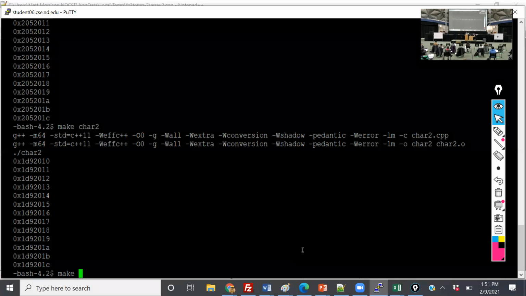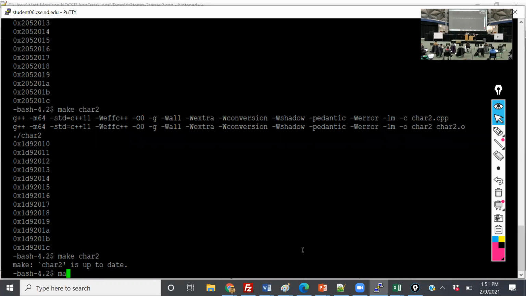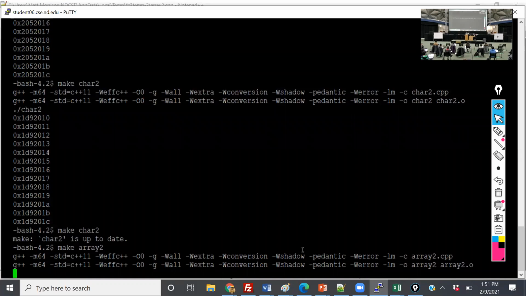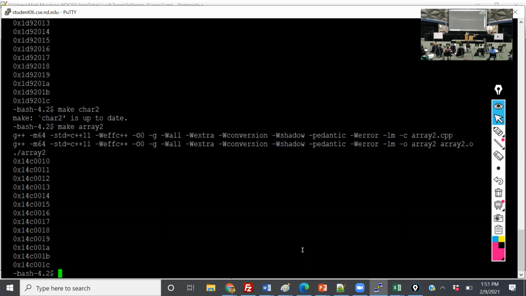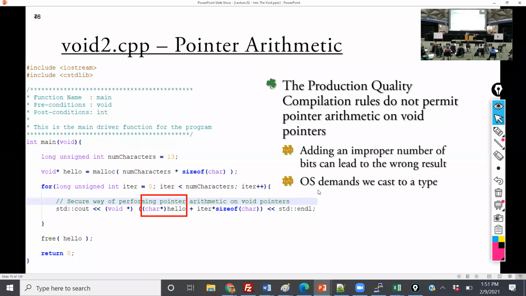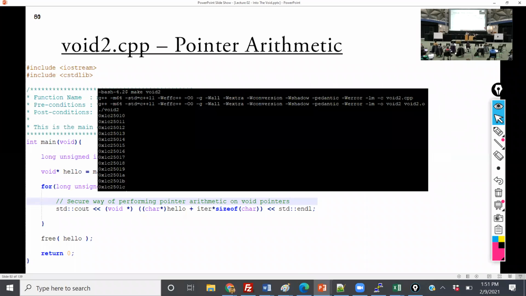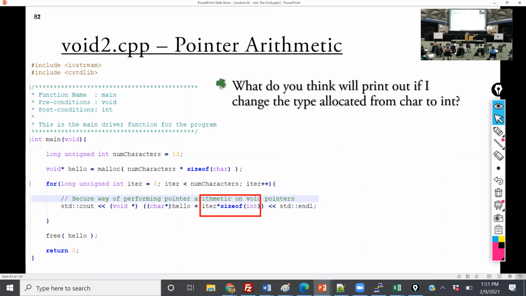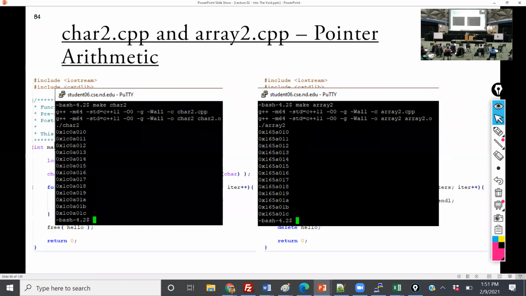I make array2, and it does the exact same thing. So now we're seeing these different levels of abstraction. Let me skip over this because you all have demonstrated you understand that.